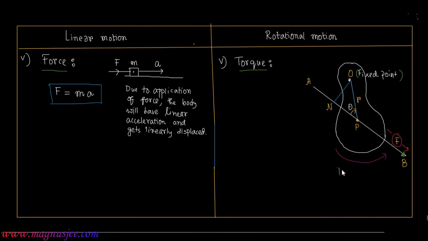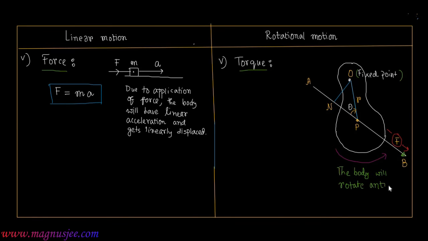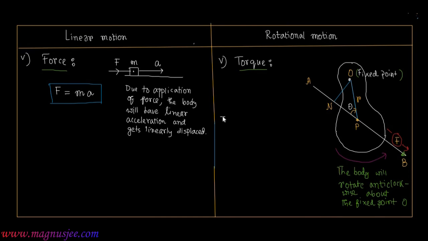The body will rotate anti-clockwise about the fixed point O under the action of force along the line AB, provided the force is applied along the line of action of force, that is along AB, and there is a fixed point. Now torque is equal to the perpendicular distance of the line of action of force from the axis of rotation